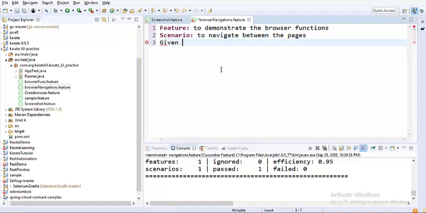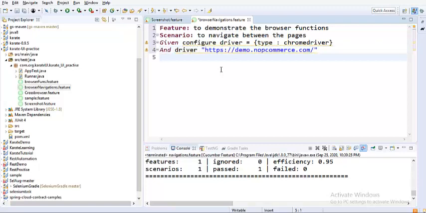And let me configure the driver. So we know that we have to tell our script which driver file to use. So I'll be setting that value in type. So let me use Chrome driver, and then we know that I have to pass in the URL that I want to go to. So after landing on the page, I'll ensure that I maximize the screen. It is a very basic thing, and it is really good to have this function implemented. And then I would verify the title of the web page to be